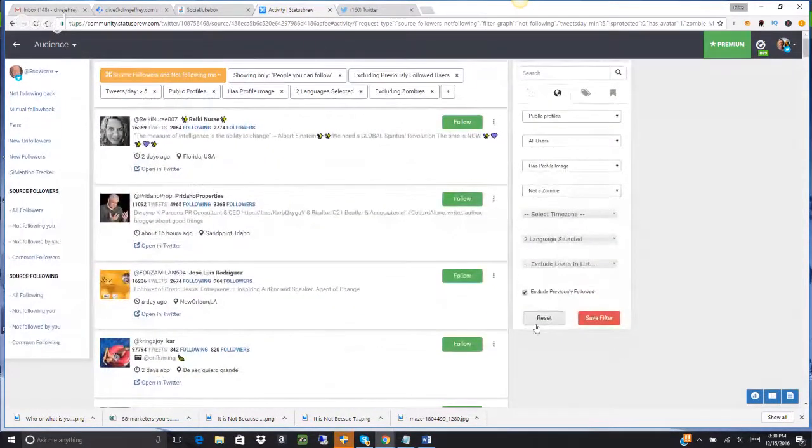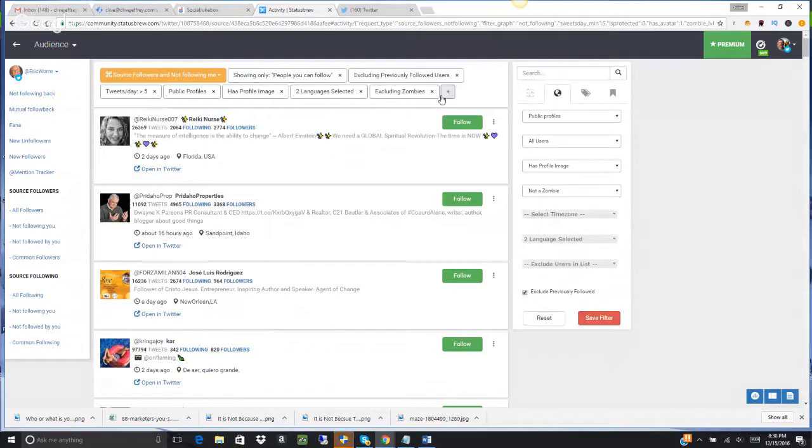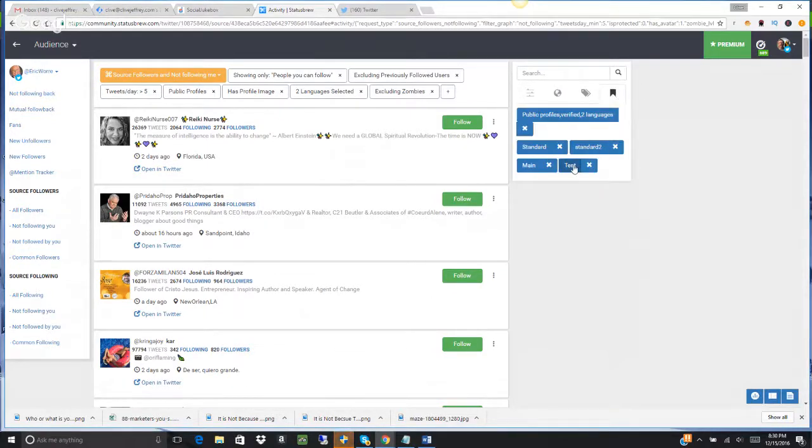Then once you've got it set up the way you want it, to speed it up so you don't have to keep coming back and doing it every time you come to work on it, you can save the filter with all those settings, and you can call it whatever you want. I'm just going to call it test, and I'm just going to click save. So next time I come here, all I've got to do is click test, and it'll include all those filters. But the one that I use, which is just my main one, is over there on the save filters